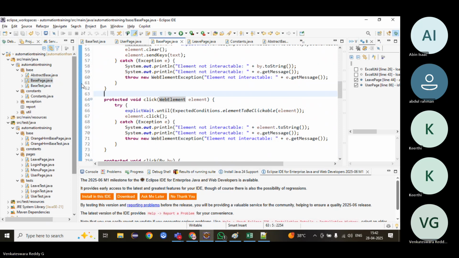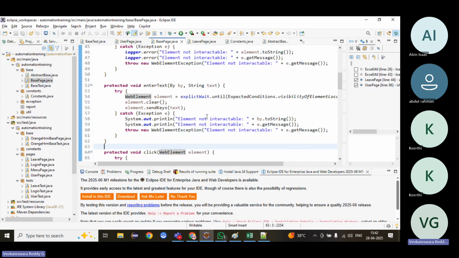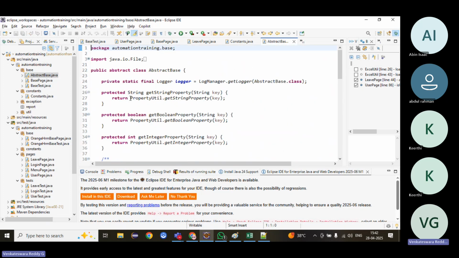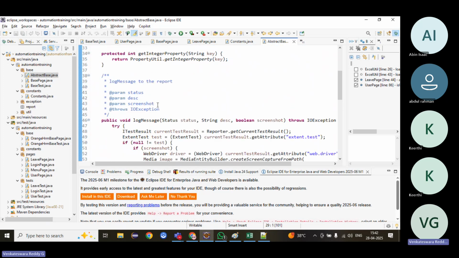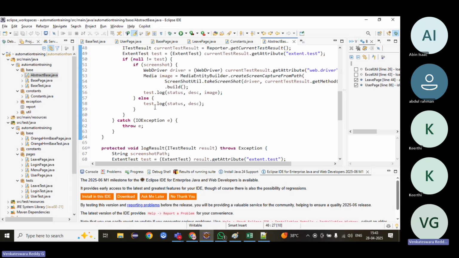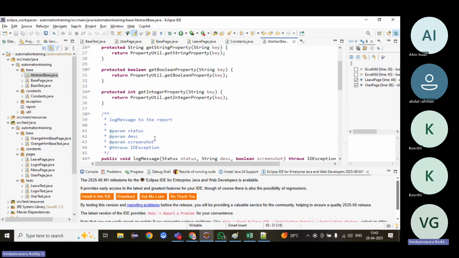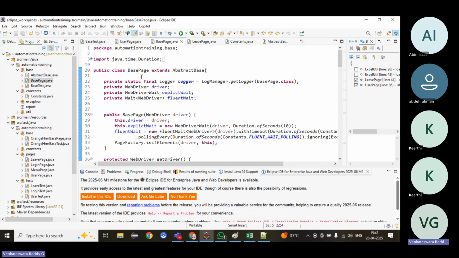Suppose I want to read the property file, or read some element from the property file, or write something related to reports, or log a message, or clean a directory, or generate a random string or random numbers. Those are all common to base page and base test, and we cannot write duplicate code again, so we have created